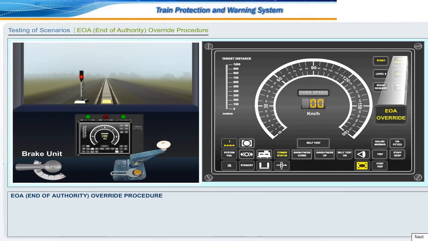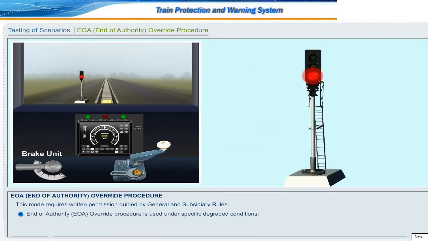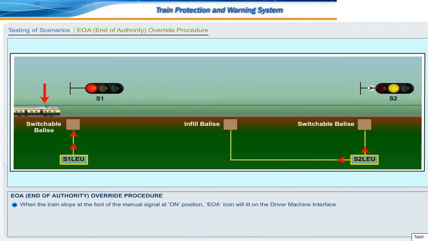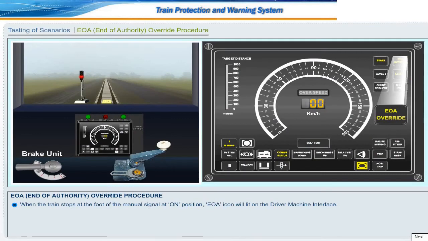EOA, that is End of Authority Override Procedure. This mode requires written permission guided by general and subsidiary rules. End of authority, that is EOA override procedure, is used under specific degraded conditions: signal failure, track circuit failure, points failure. When the train stops at the foot of the manual signal at on position, EOA icon will lit on